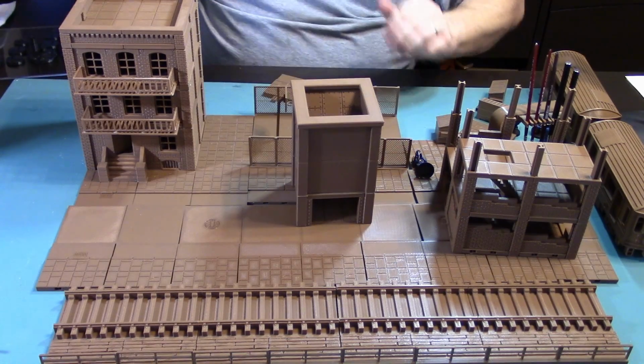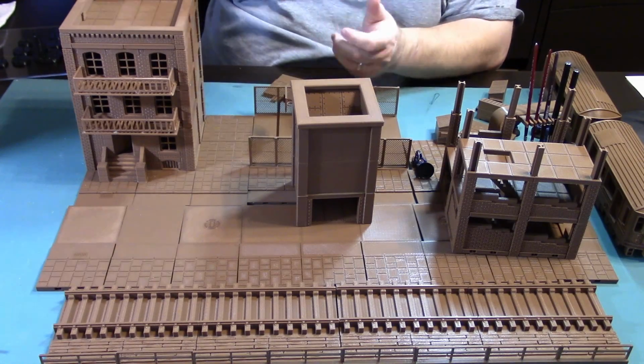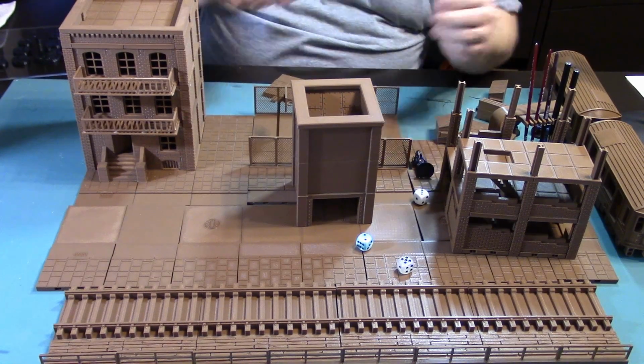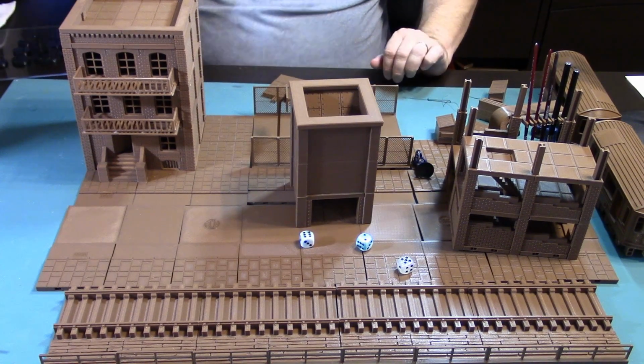And I had some dice, and this works really good. I mean, it can fit right into an urban type scene, so if it's on the table, it's not out of place. And if I can find where I put them,